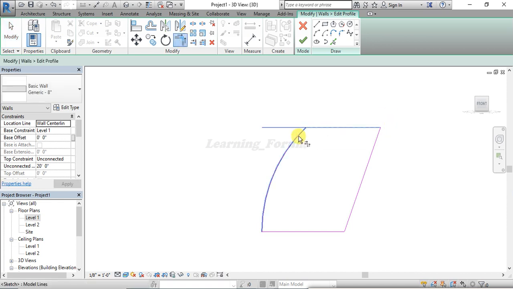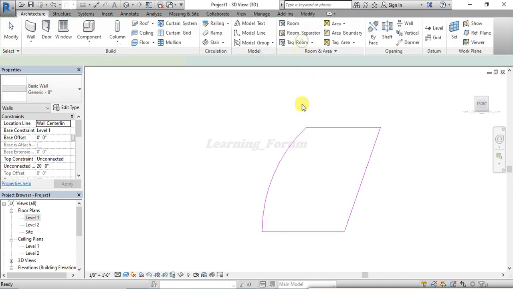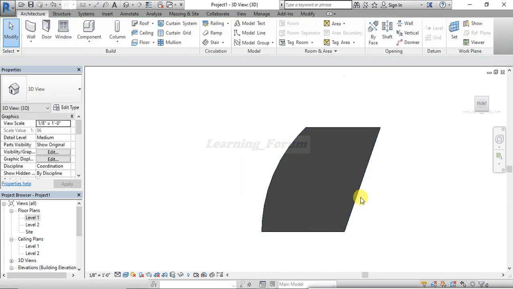This is how you can make a curved wall, a curved surface, or any surface of your own desire in